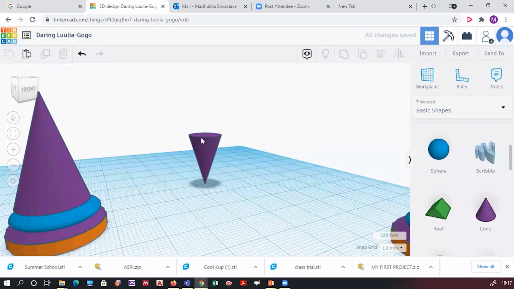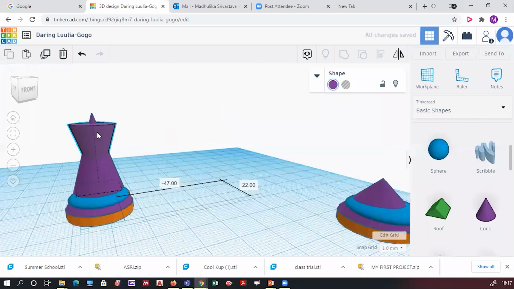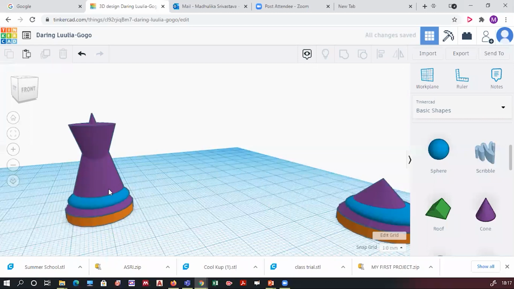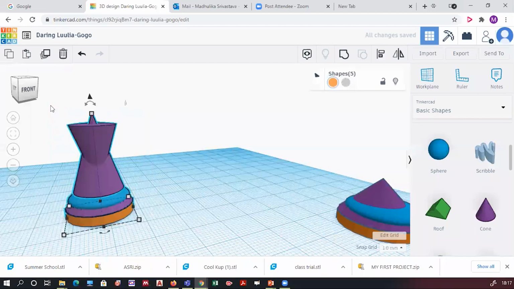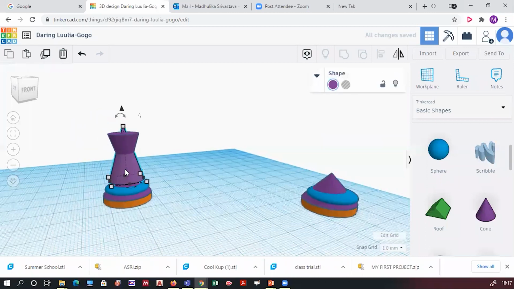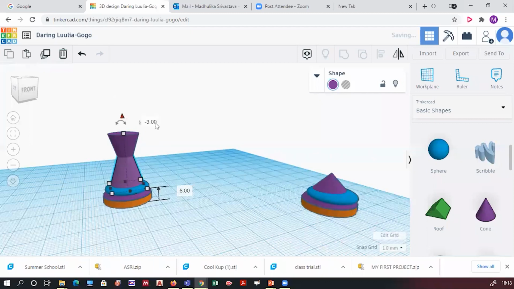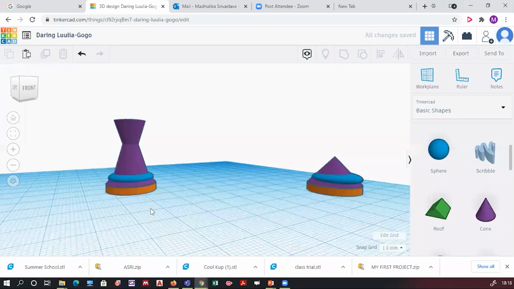Height of this cone was 90. After doing this, just raise it around 10 and drag it over here. After dragging to this portion, you select all the objects together, click on align, and align everything about the center. Now you see this cone has been raised a little bit over here. So I will just put it down so that it goes inside and you will see some shape like this.